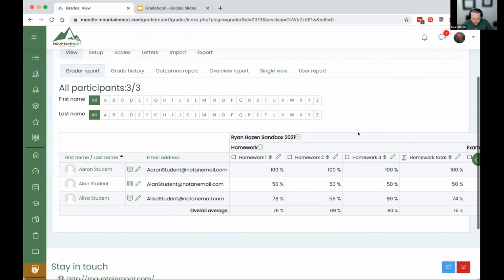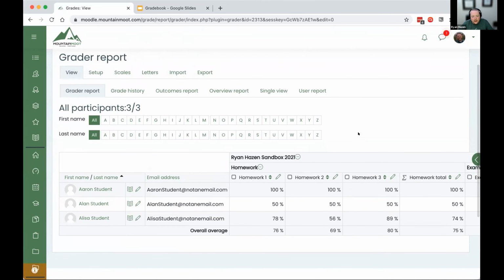So let's talk about what the student sees. Anytime you want to see what a student sees, because they don't see this gradebook the way that we look at it, anytime a student comes to you and says, oh, my grade is this or whatever,